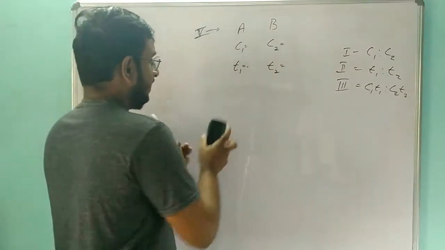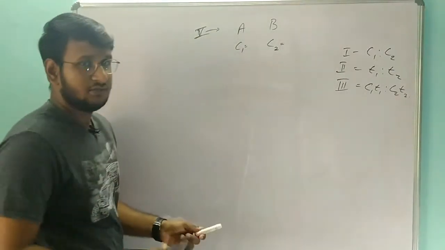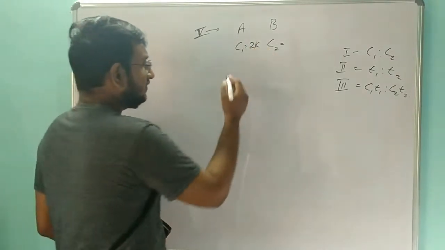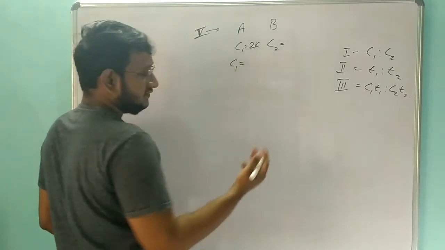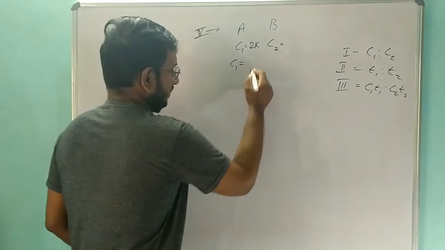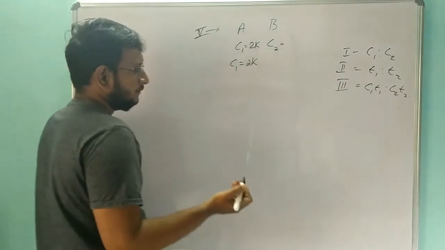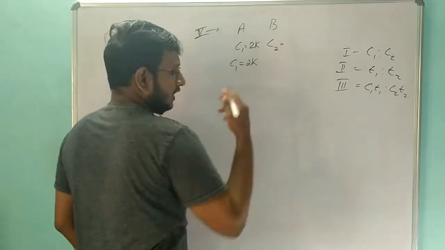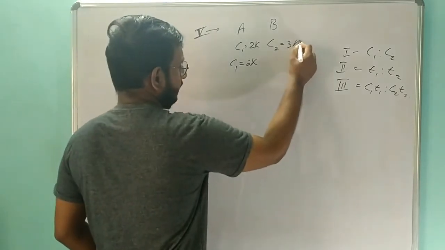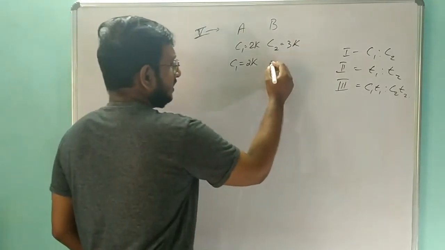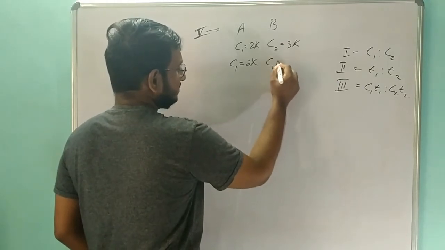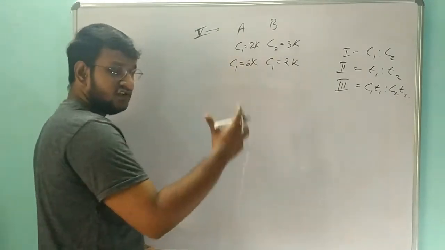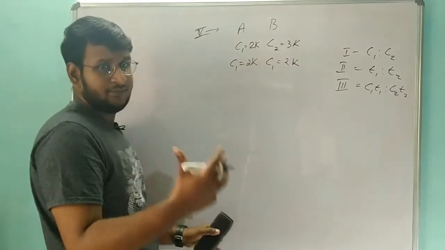Say A will invest 2k at the starting of the business. Then after 2 years he might invest again 2k. Okay, he is investing 2k again. B stakeholder will invest around 3k in the beginning. Then in the second year he will invest around 2k. So here we can see that there is a difference in investment as well as the time period of investment, right?